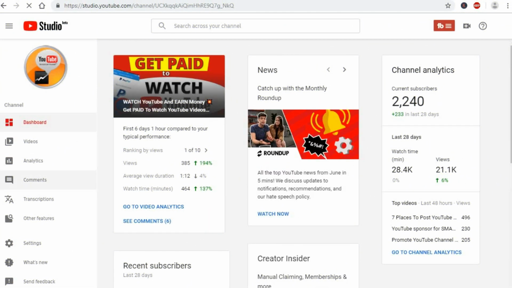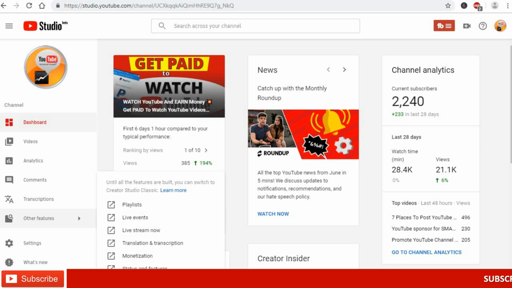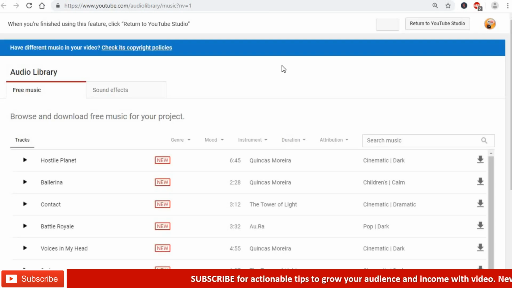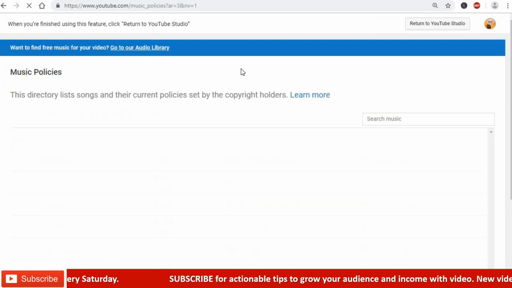So log into your studio.youtube.com. In the navigation menu on the left hand side of the screen, hover over Other Features. Select Audio Library, then click Check its copyright policy. Checking if a song might contain a copyright strike before you upload is a great way to avoid copyright